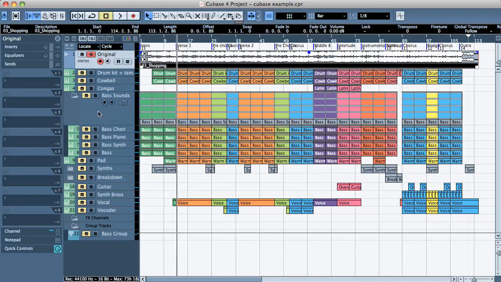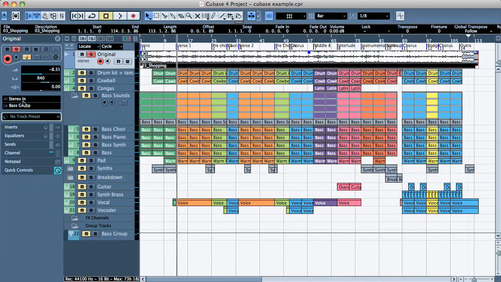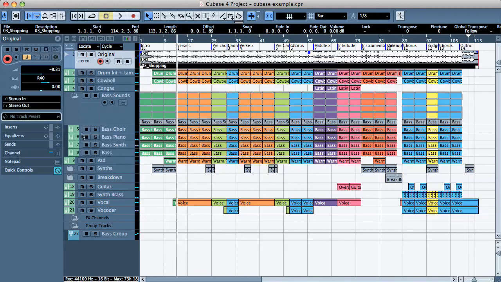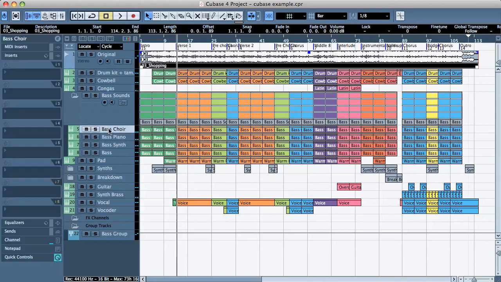So it's a little bit more difficult to do this with an instrument track. As I said, with audio it's simple. You go across to the inputs and outputs for the track and you just send the output to the group. Okay, I'll set that back to normal, to the stereo out. Okay, for an instrument channel, slightly different. So if I go first of all to the bass choir, we need to open up the VST Edit Page